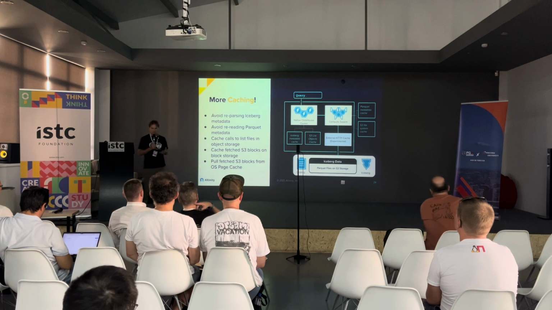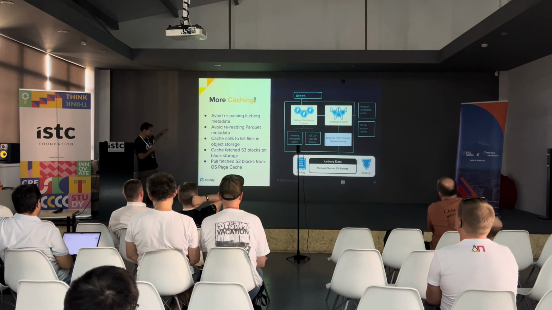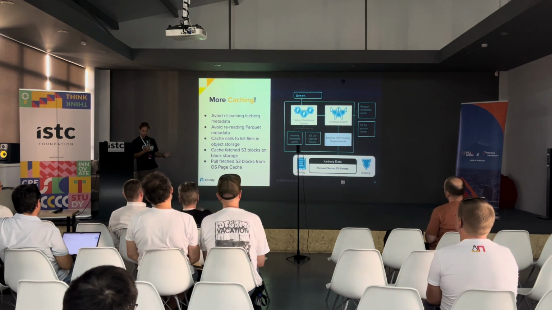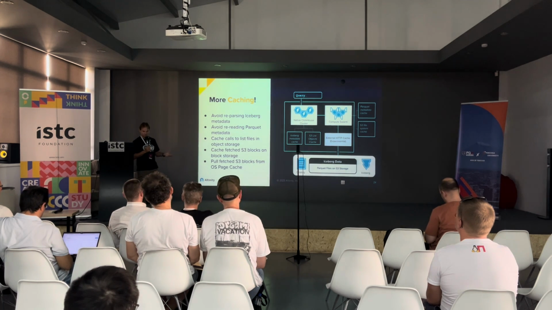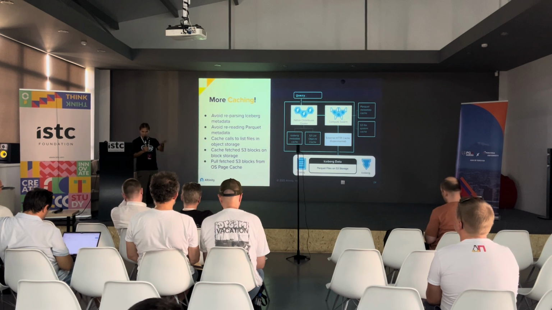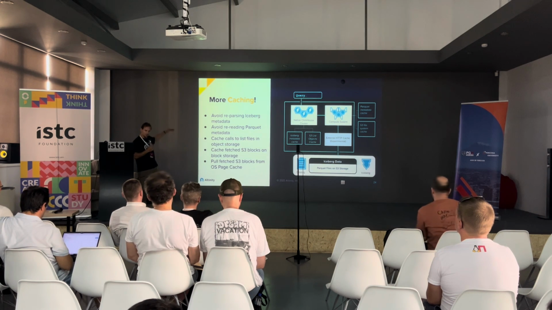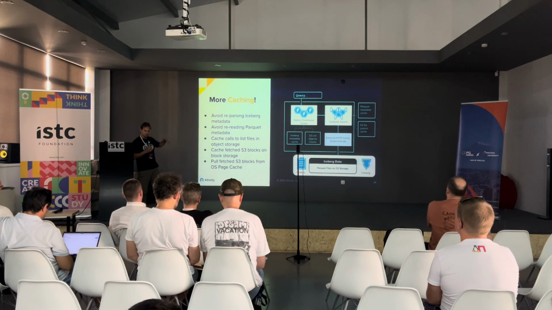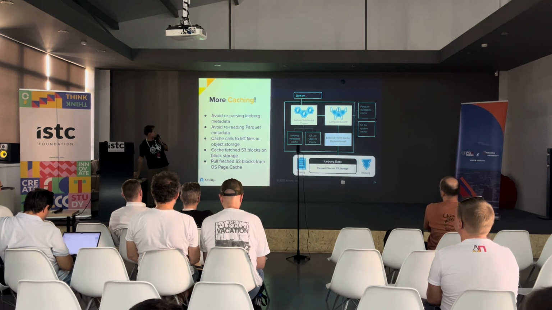But it doesn't work out of the box, so we had to add a lot of caching layers, because object storage was slower. If you have data on a local disk, it's very fast to read. If you have data on the network, you need to go to the network. And in object storage, you have latency not just for streaming data, but also for connecting to the network, especially if your bucket is in a different region. So we introduced a number of caching layers that help us reduce this latency to very reasonable levels, and guess what?